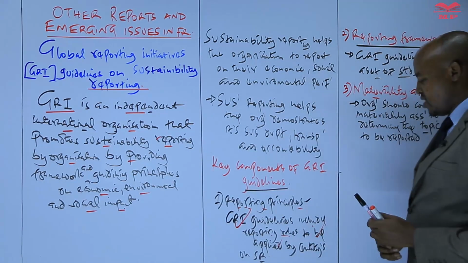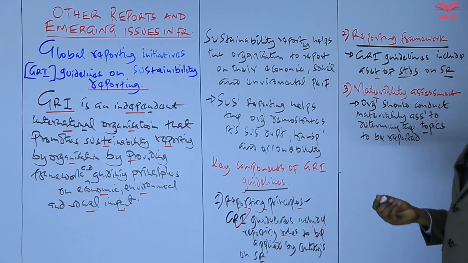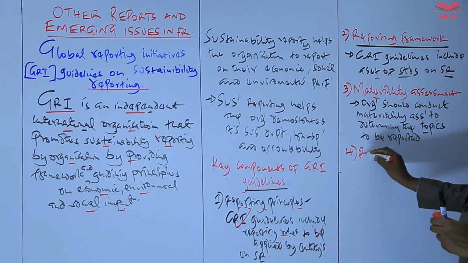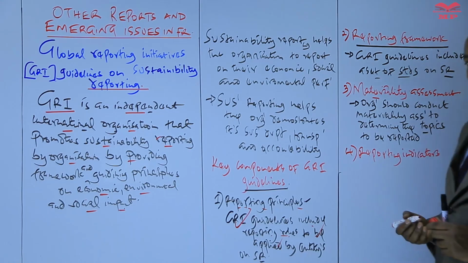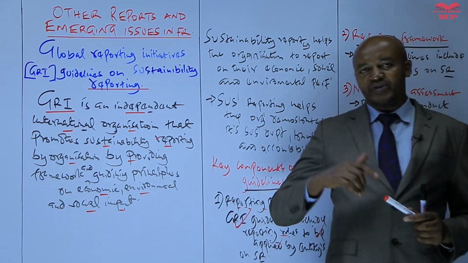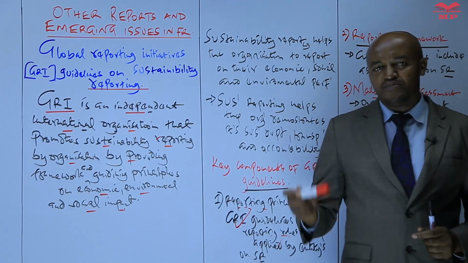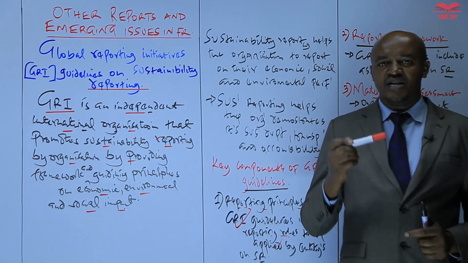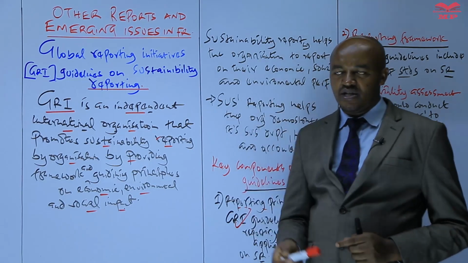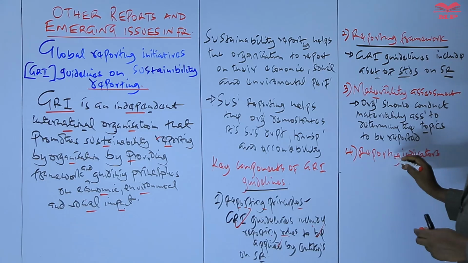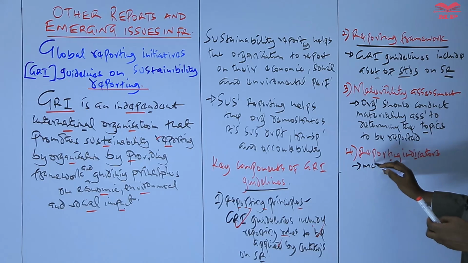basically performance. So the other key component of Global Reporting Initiative guidelines is something called the reporting indicators. So when we talk about the reporting indicators, we say that the Global Reporting Initiative guidelines include reporting indicators, or basically metrics that the organization can use to measure and report their sustainability reporting. So therefore, when we talk about the reporting indicators, we are talking of the metrics